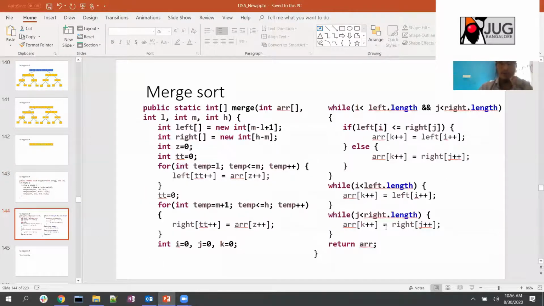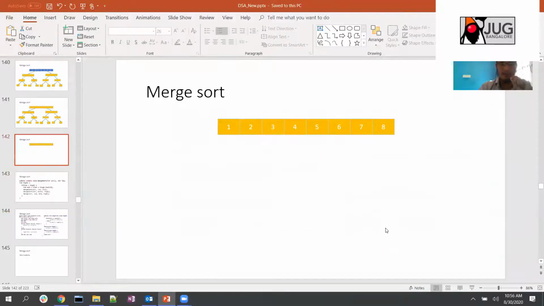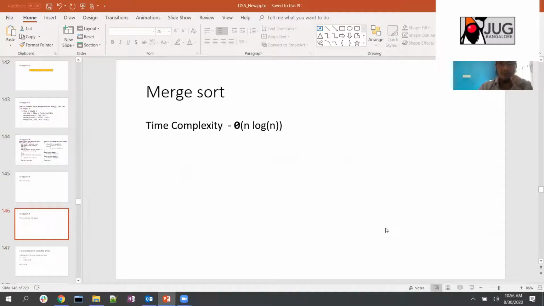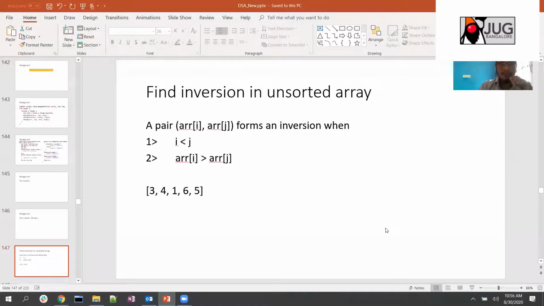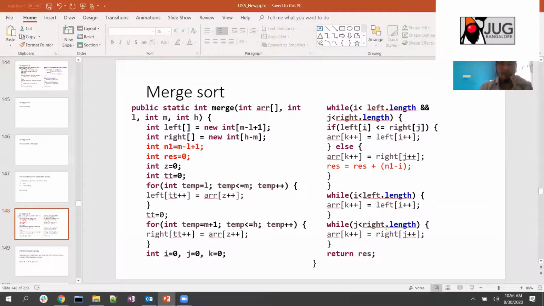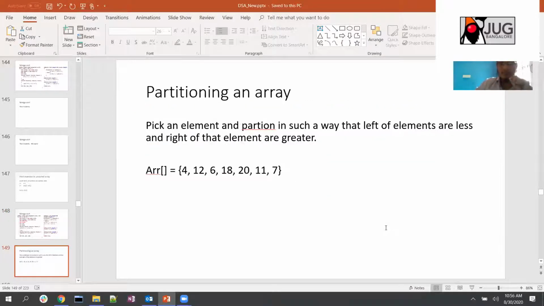So finally you get this array, right? This is how it works. That is what we discussed in full detail, and then we saw the time complexity coming back to big O of n log n, which is better. I think the merge function takes big O of n, and then our recursive call takes log n. I think I explained this with a mathematical formula also, how that is computed. Okay, and then we discussed a few examples like finding an inversion using merge sort, and then we discussed in detail